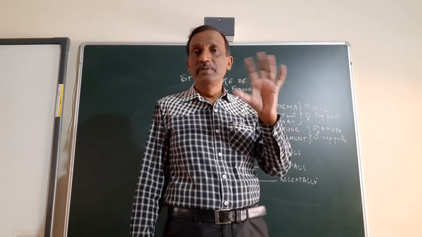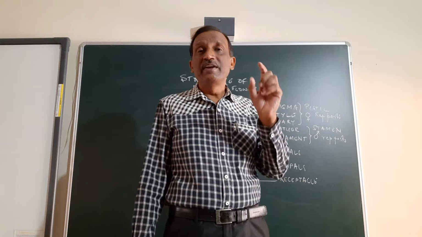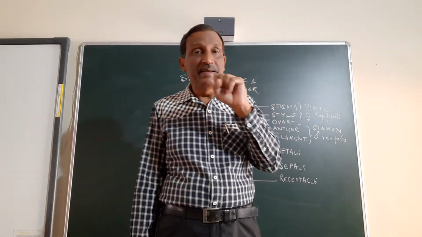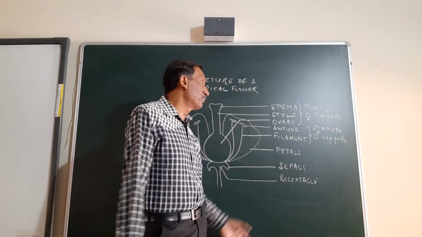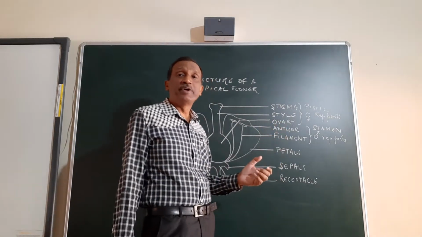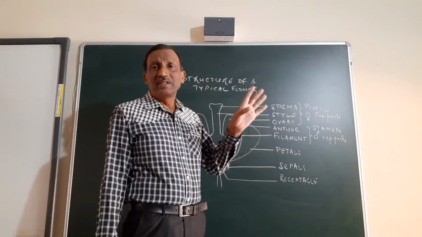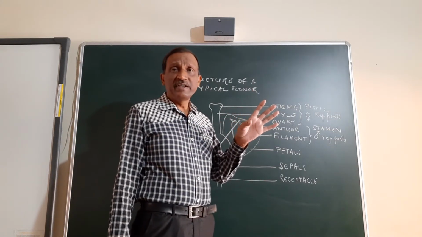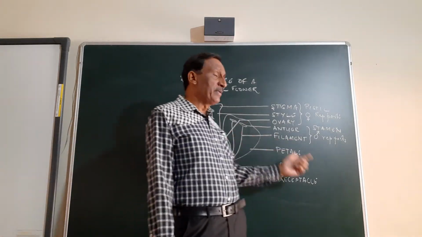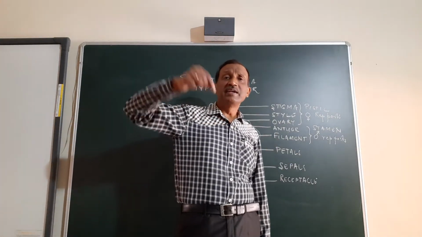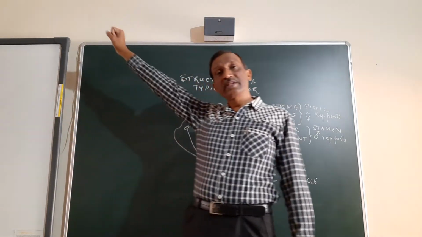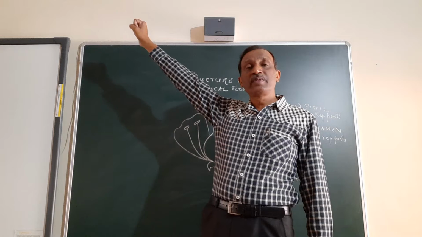Pollen grain has got different types of cells, and among them one of the cells is the generative cell which produces male gametes. When we study a little later, then we will come to know about what male gametes are, and they are always haploid. All the kinds of cells which are there in the pollen grain are haploid, and the male gametes are also haploid. Filaments are only a thread-like structure, a stalk-like structure, and they are just holding the anther high.